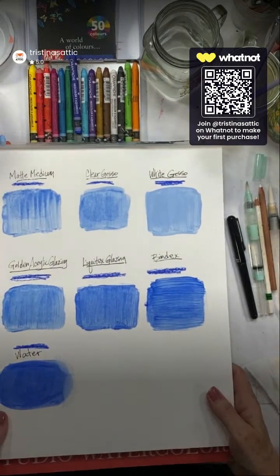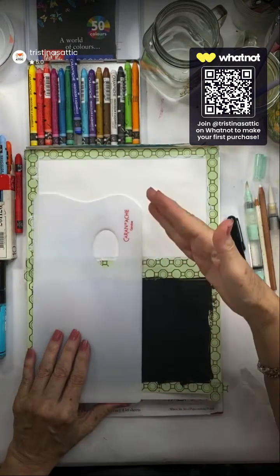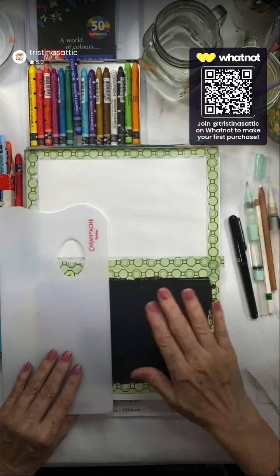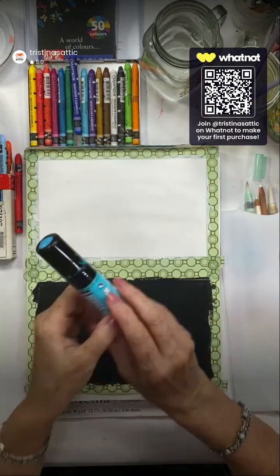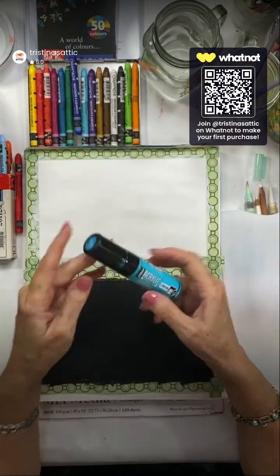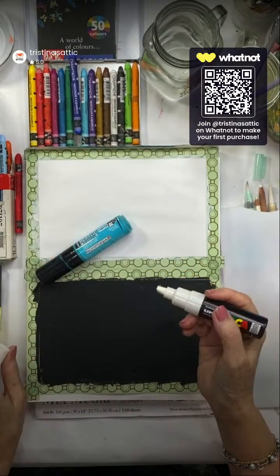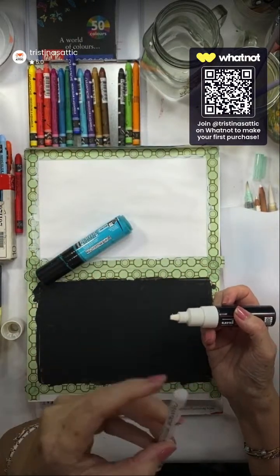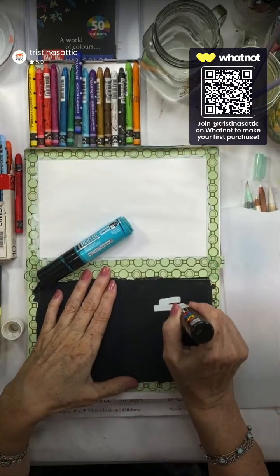So let's go ahead. We're going to use the white gesso. First, to get some pastel-y kind of backgrounds, because here I want to put a pastel background down here. Now, first of all, let me start by using a marker to do that. So these are acrylic markers. You see the Posca marker here. It's very difficult to get a bright, bright white out of this. This is better for mixing with the other colors, as I showed you earlier. So I can take a marker like this with white,